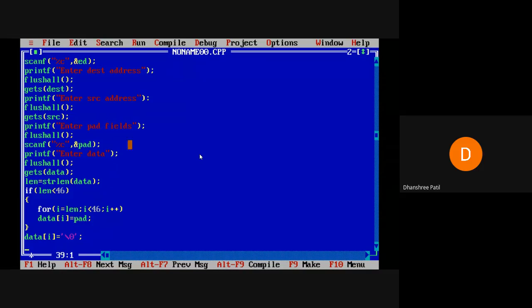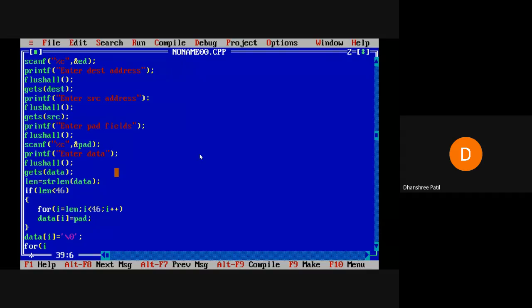Now only one field is remaining, which is used for the checksum. The logic we will apply here is simple, because it is given that CRC is used as a checksum, but writing the CRC code will make your program too lengthy. So instead of CRC code, I'll apply a small thing which will check something and display one message as a checksum. Error आहे का नाही हे फक्त check करेल. So just see what is there.